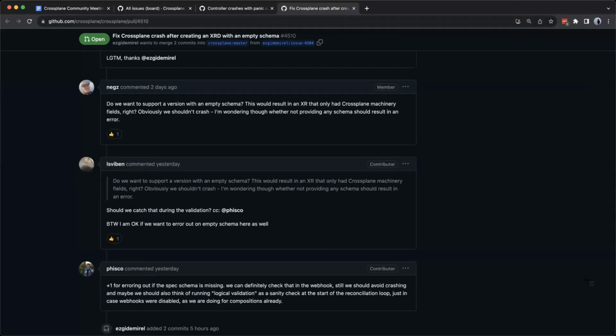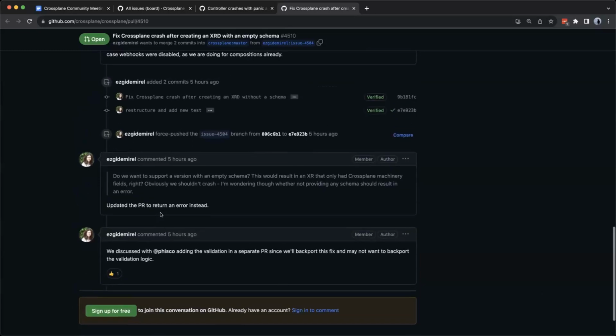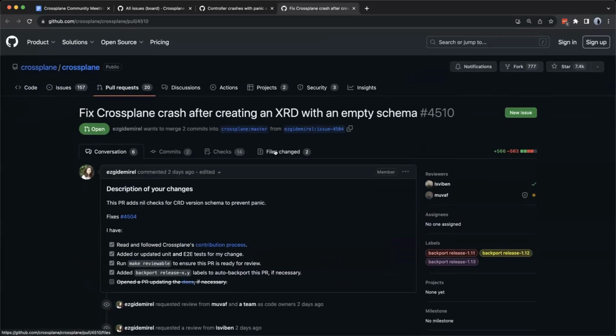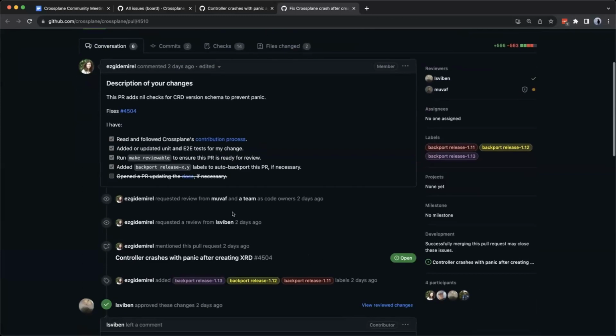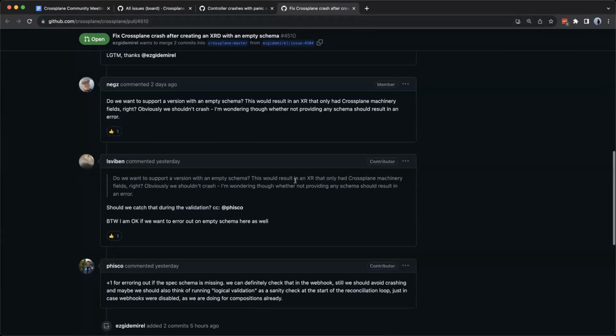I think it doesn't make sense to have an empty schema, but what I have done is actually checking for the custom resource validation resource instead of the schema of it. So there is a slight difference in what I am returning an error for in that case, because I didn't want to change the behavior we currently have, and our tests will fail if I added another level of validation there. So I did probably the minimum amount of work to prevent the panicking and return a meaningful error there. So it will be great if you can have another look there.